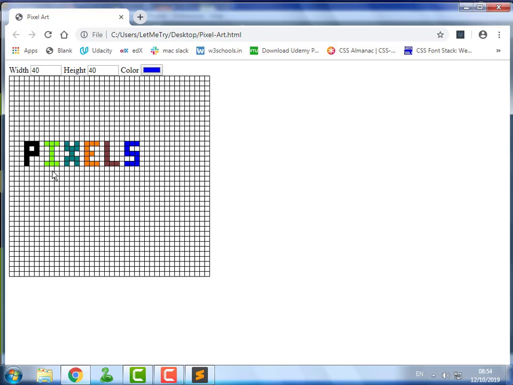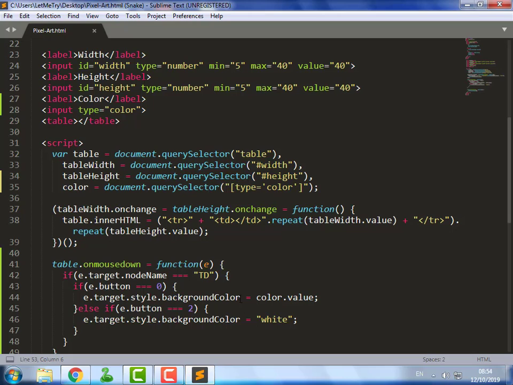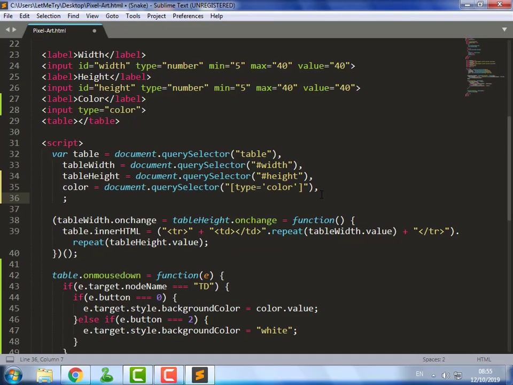Looks nice. But you may notice that drawing that word wasn't easy, because we had to click on cells tens of times.